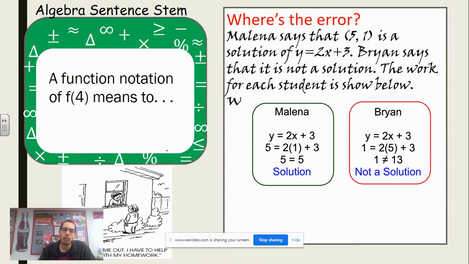I want you to consider what it means to write f of 4. So a function notation of f of 4 means 2,